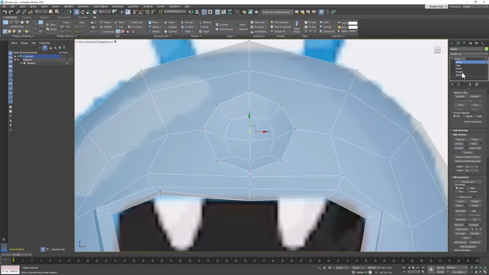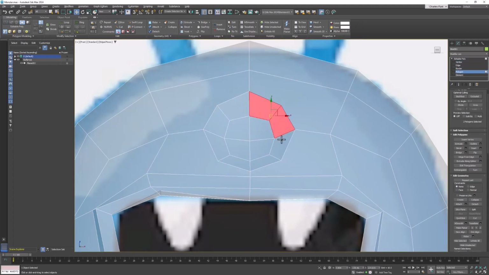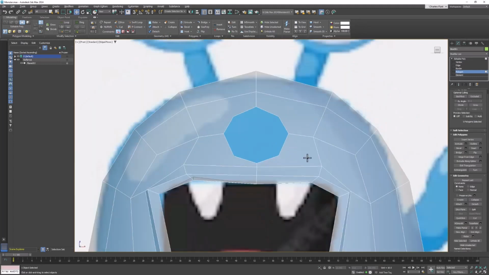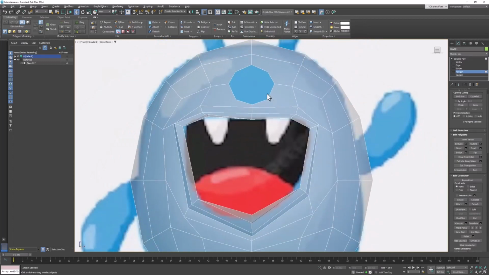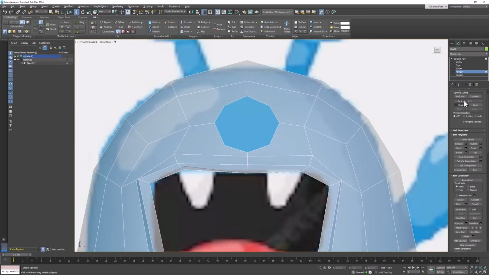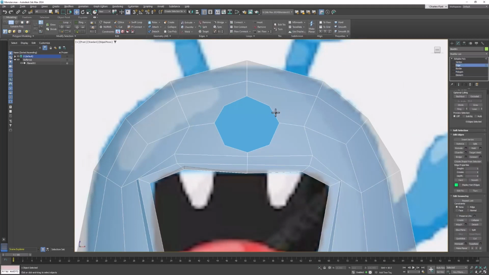And then what we would do is we would select the polygons in the center of where the eye is going to be and delete them. And we would do exactly the same thing that we did with the mouth with the eye hole. You go to border mode, select that